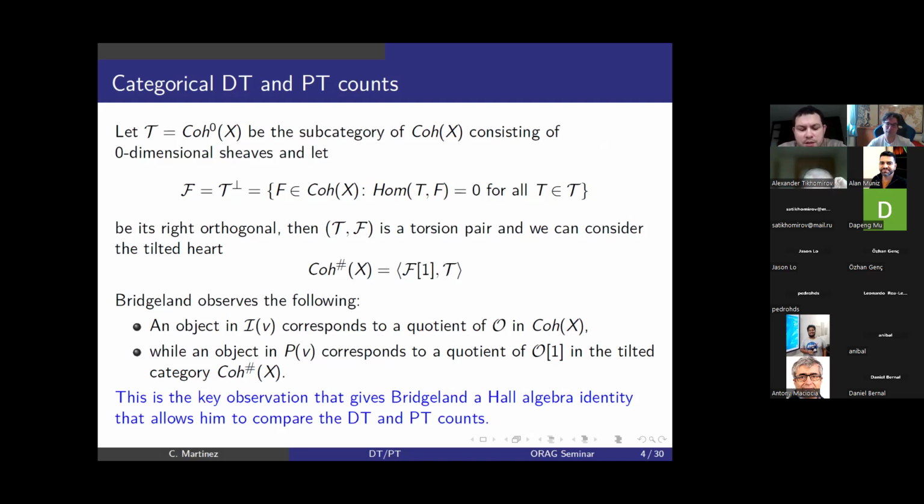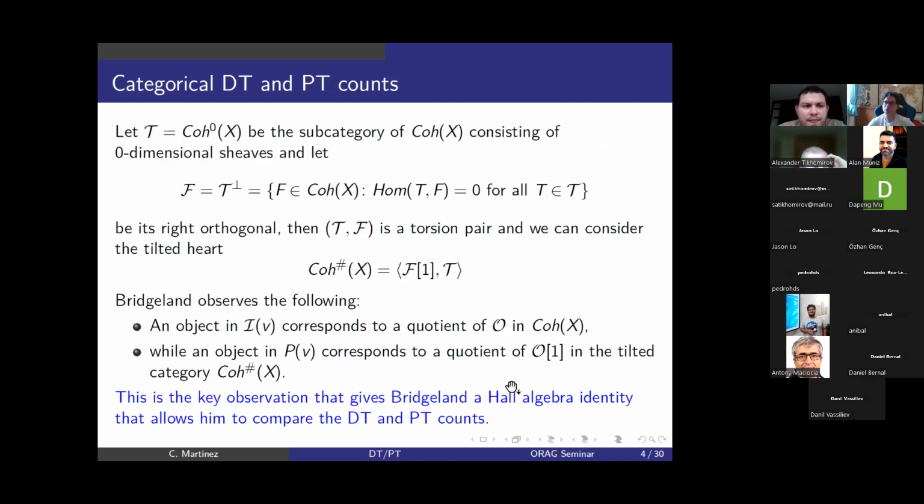That is a relationship between the counts of PT invariants and DT invariants, and it's really this relationship. He looks at the class of these stacks somehow in this Hall algebra, and the fact that these categories are related by a tilt allows him to get some relationships that end up giving him a nice proof of the DT/PT correspondence. So that's on one side. So we have this GIT relationship. We have this categorical